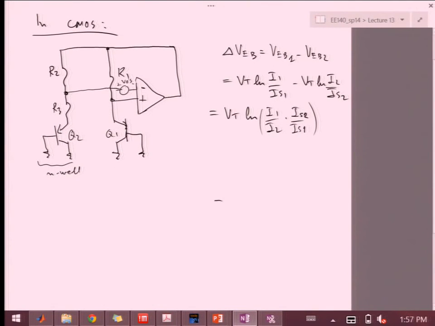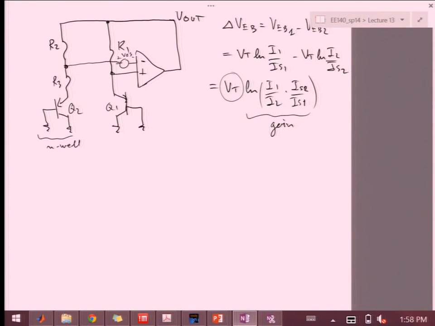Right? And as long as I'm dictating these currents through these, so this will be my V out. So these currents will be dependent on V out over this resistive divider. So these are well determined. But what I really have is that delta VEB is proportional to VT. So that's my VT generator. Okay? I can consider this to be gain. This is not going to be the only gain, but it's going to be part of the gain. And actually, as you'll see, a very important part. Okay, so once we know that we can use the difference of the two EBs to get us the VT